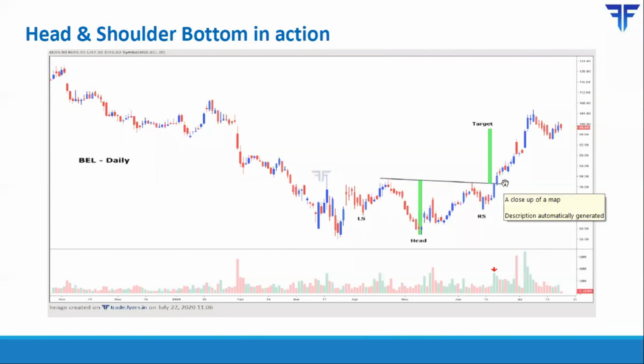So how would I put a stop loss? The first way is this: when the breakout occurs, I will buy, and I will place a stop loss below the low of the bar that precedes the breakout bar. So the breakout bar is this, because this is the bar that is taking price above the neckline. The bar that immediately precedes the breakout bar is this long green, or this long bullish bar. I will place a stop loss below this point. So I'll place a stop loss somewhere over here and buy on the breakout.